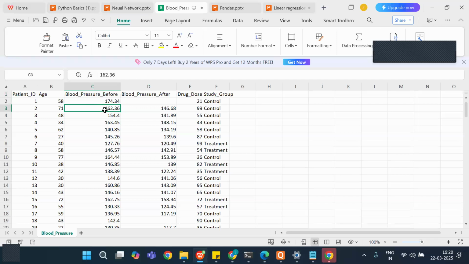So after taking the blood pressure drug, the blood pressure is dropped from 162 to 146. So here 154 to 141. So if the drug dose is higher, the change will be also much higher maybe, or it may be vice versa. So the drug dose may be the perfect. And age also may be a powerful independent variable. Okay, maybe higher the age, the drug may not be working better. If the age is more, the drug may not work as efficiently as for the younger population. So age is also one of the